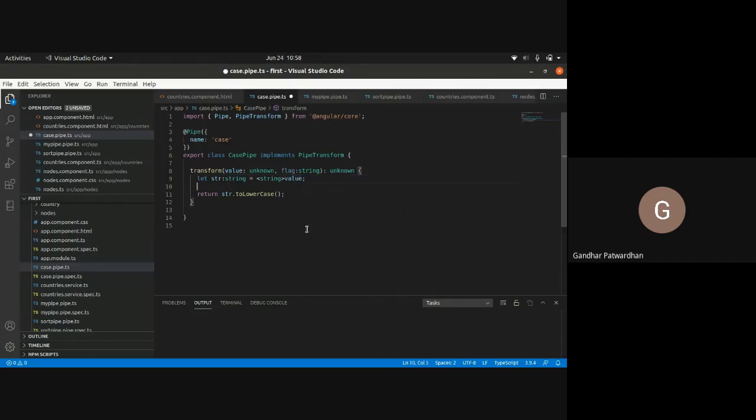Now what I would say is, if flag equals lower, then return str.toLowerCase, else return str.toUpperCase.